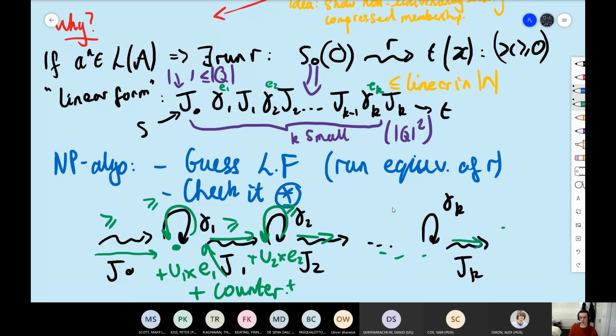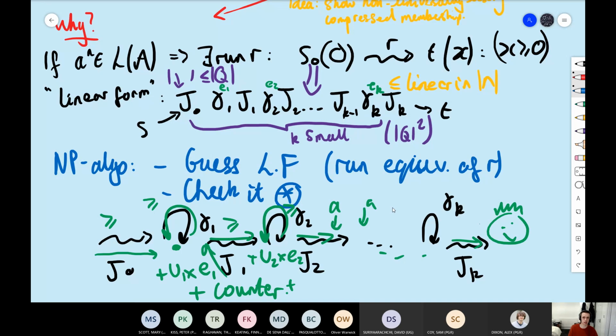And then once you get to the end, you kind of give a smiley face. You're happy that this run is executable, which means that you don't violate the non-negativity constraint, and indeed that your guess was correct in that the actual run corresponded to the right number of A's read along the path. You need to check those as well. So you might have a second variable that says, I'm just checking I read the right number of A's, and you check this in linear time and you're done, right? So now I think everyone's happy. NP is you're allowed to non-deterministically guess something in polynomial time and then check it in polynomial time. And that's what we're doing.